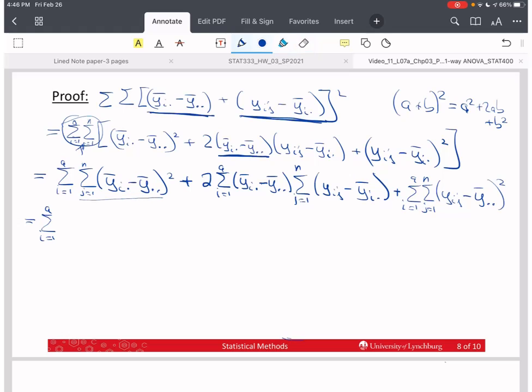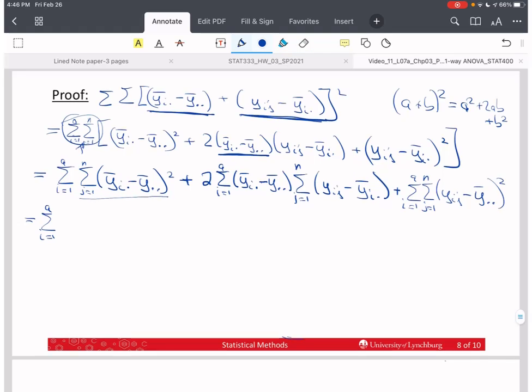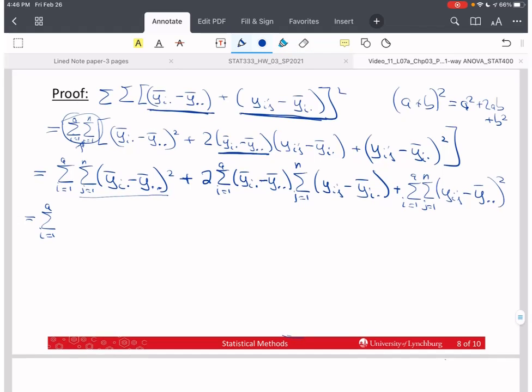This sum, again, there are no i's in this. This is a dot, that's a dot. And so there's no j here, so there's going to be n of these terms inside this summation. So I can just look at this and say this is n times yi dot bar minus y dot bar quantity squared